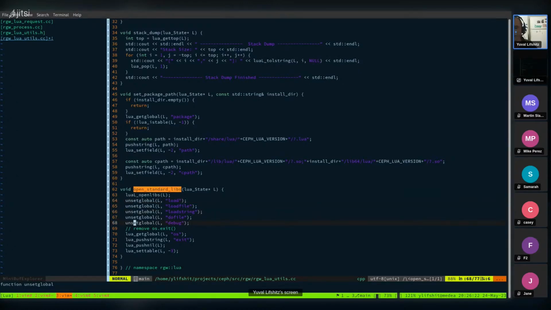The debug commands, again, don't make sense here because you have to tie them to a C function. We don't want people to be able to exit, because this would just call exit and crash the Redis gateway. And in the future, we may have some configuration flags that allow the standard library to be even more restricted. For example, the entire OS library, we just disable exit, but currently you can invoke bash script